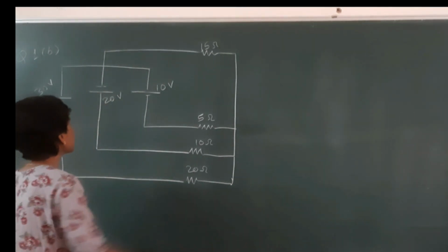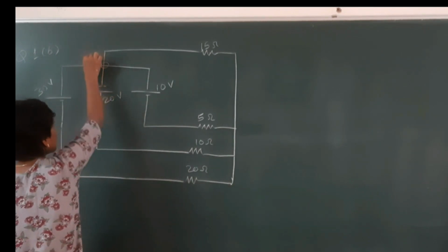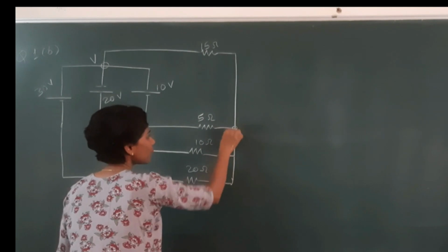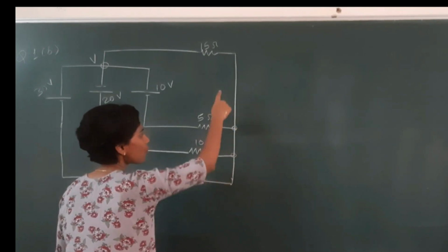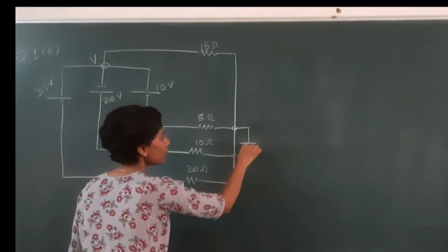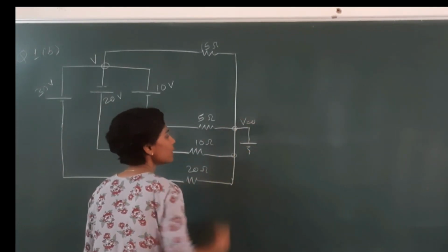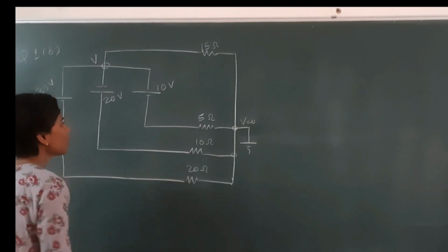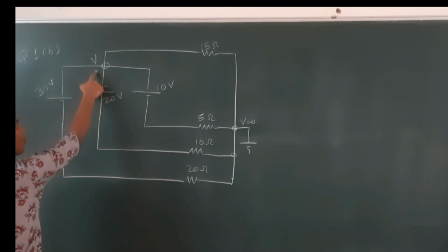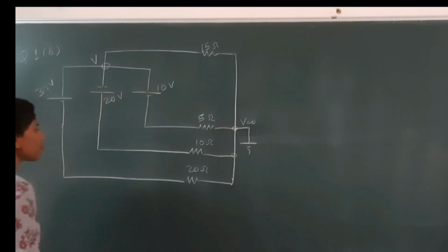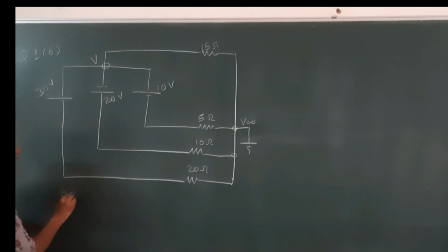So here I can see this is the one node, I am naming it as voltage V, and this is the another node. You can see 1, 2, 3, and these all are what? The common nodes, right? So I am taking it as the reference node connected with the ground. So as we have connected it with the ground, the voltage becomes 0 for this particular node, right? So we have only one node, okay, and we have different branches connected with this node. So what will be the KCL? So applying KCL here.